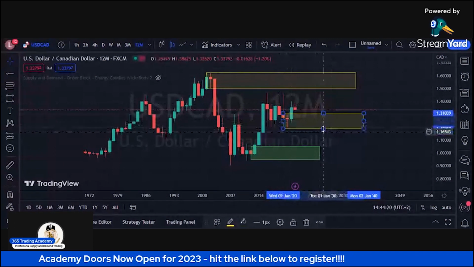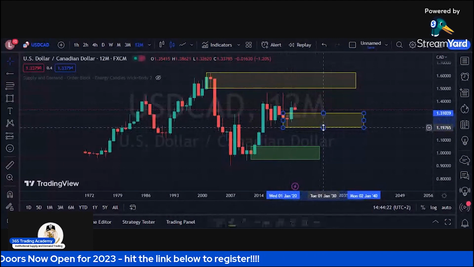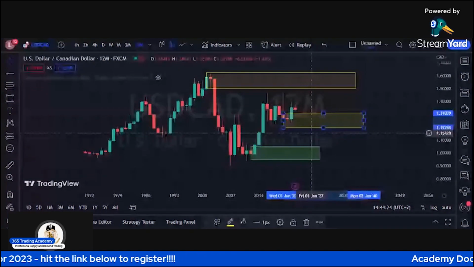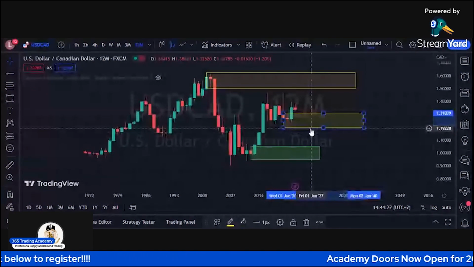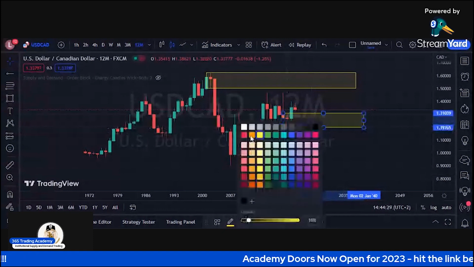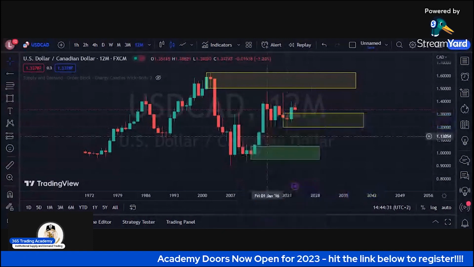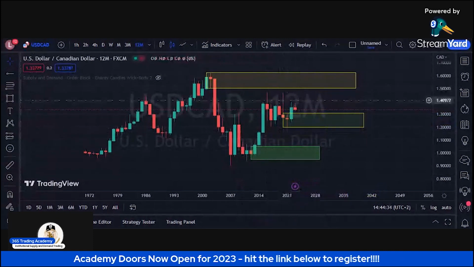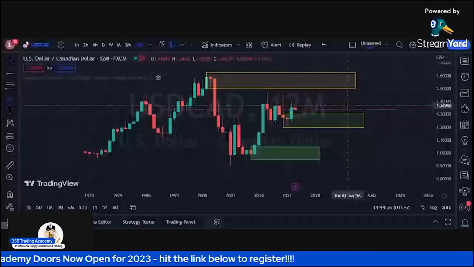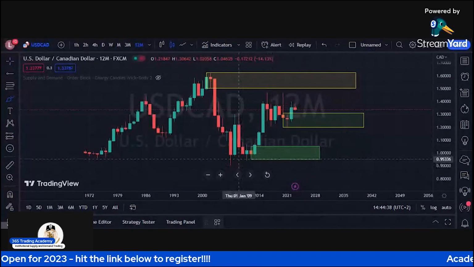And it looks like it's been placed there as an interesting area of defense, right? You shall not pass. You shall not go any lower. And so this is going to be our first area to look out for. I am, however, interested to see if this demand is a PCP, that is a potential continuation pattern.